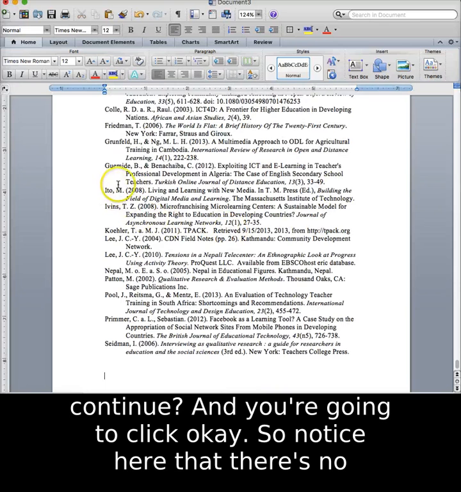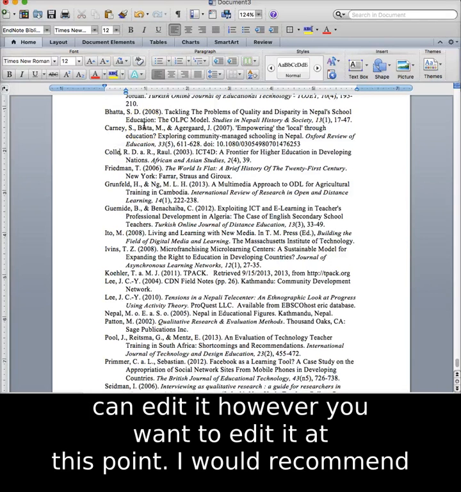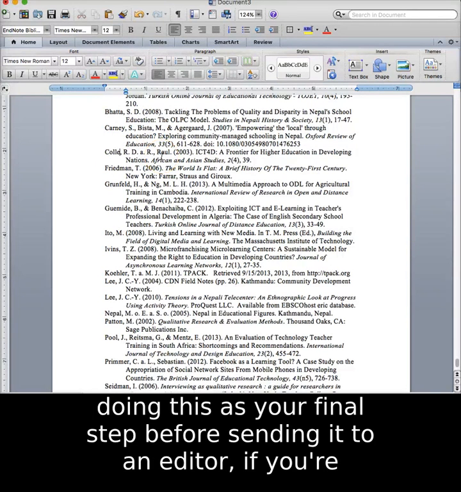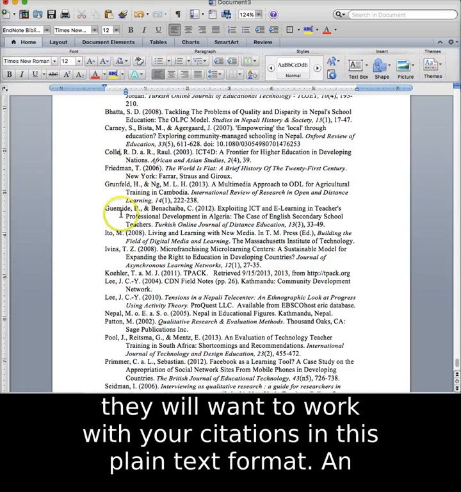So notice here that there's no more grayed out text, and it's just plain Microsoft Word text, and you can edit it however you want to edit it at this point. I would recommend doing this as your final step before sending it to an editor if you're using an editor, because likely your editor does not have EndNote and they'll want to work with your citations in this plain text